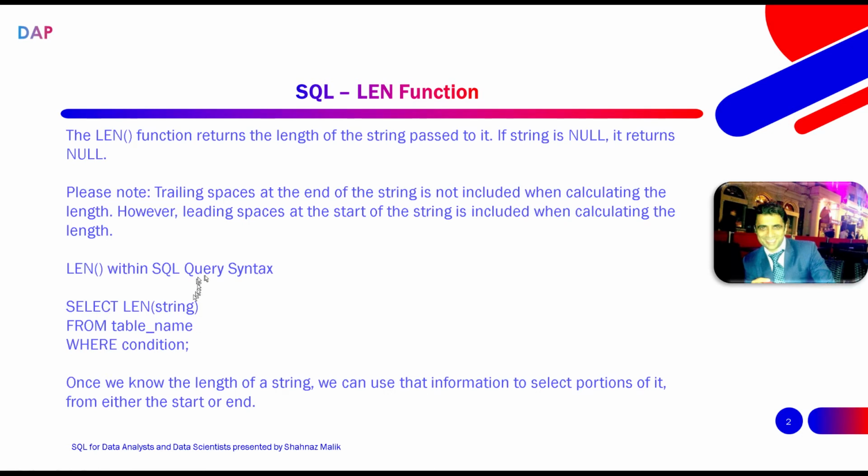So in the SELECT statement, we will give a column where we have string values, and then LEN will take it and calculate the length of the value within that column in a particular row, and then we pass it to SELECT, and then it's going to be FROM table, which means wherever this string is, whichever column it is, we'll give the name of that table,